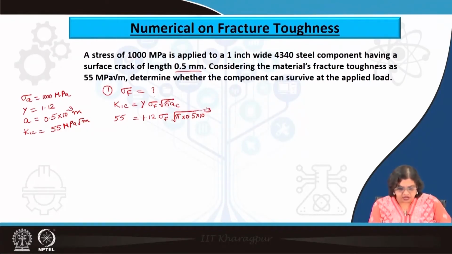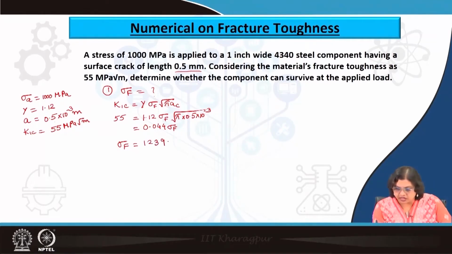So, 0.5 into 10 to the power of minus 3 into pi and root over of that into 1.12. So, that leads us to 0.044 into sigma F, and that leads to sigma F equals to 55 divided by this term, which is